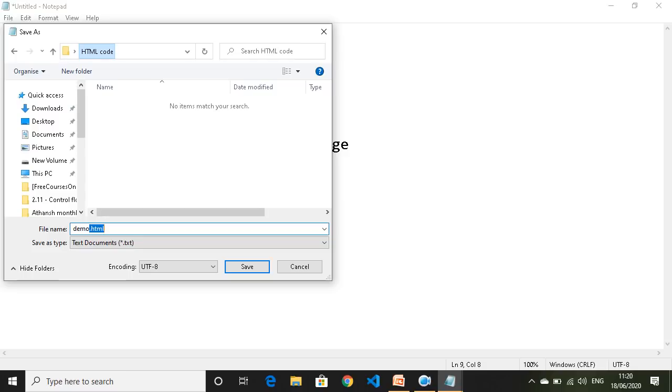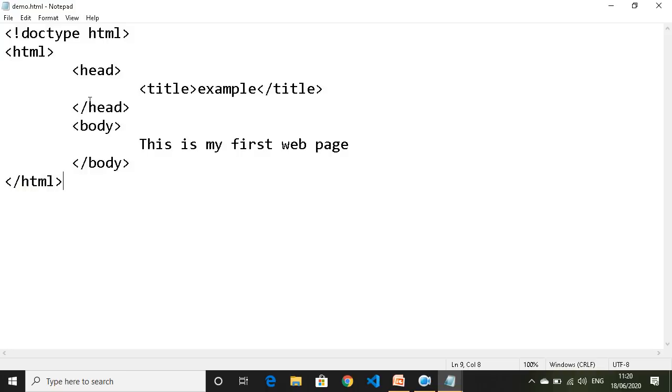If you forget to enter this .html extension, then it will be treated as normal text file. So it is important to give this extension. Then we will click on save button. So your file is saved. See, you can see on the title bar demo.html.